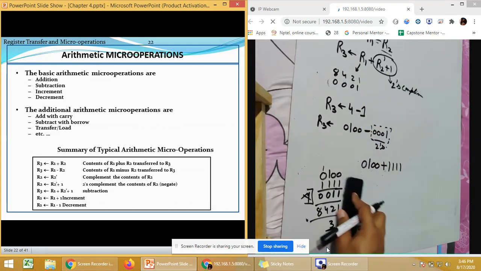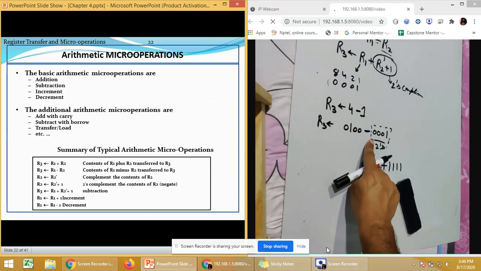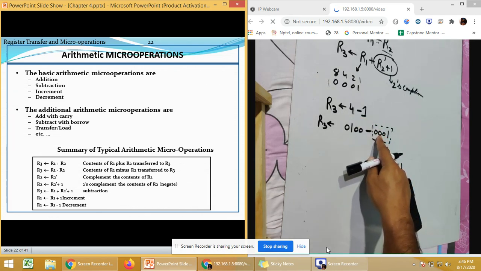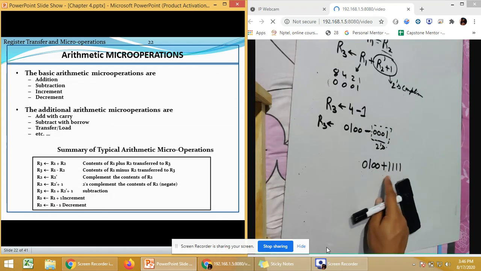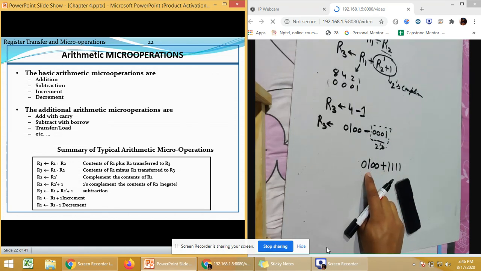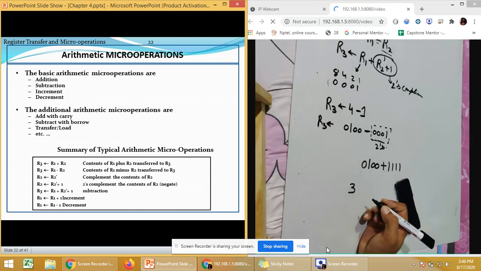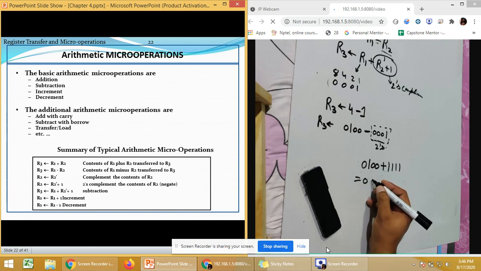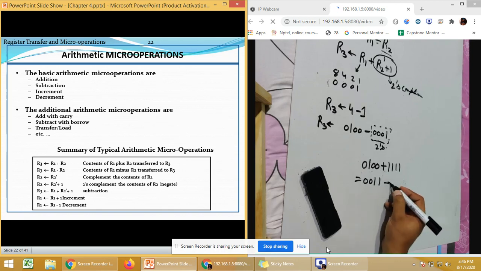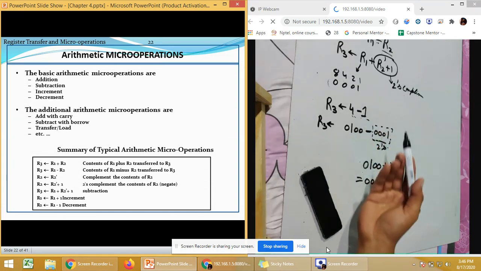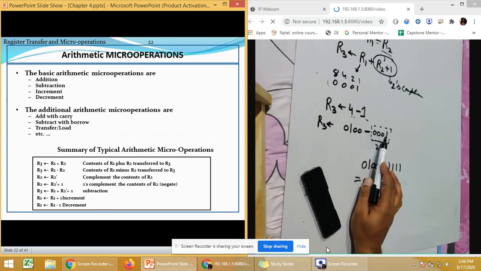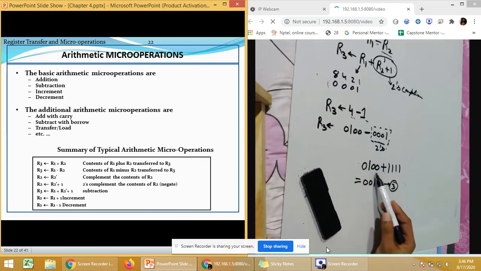But how is it going to do that? It will do it by performing 2's complement of the second value, which was 1. So it took 2's complement of the last value, like 1, and then added it with the actual value. So we are going to get the answer as 3, which is 0 0 1 1. So this is nothing, it is 3, which is simply the subtraction of these two values. So whenever we want to perform the subtraction, it will take 2's complement of the last value and then add it with the first one. Then it will get the answer.